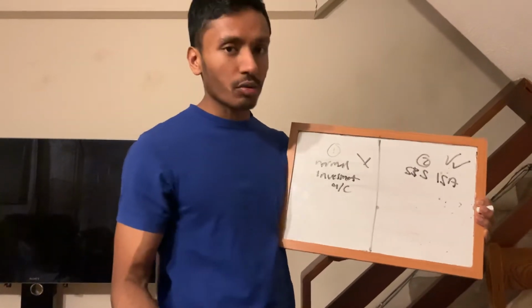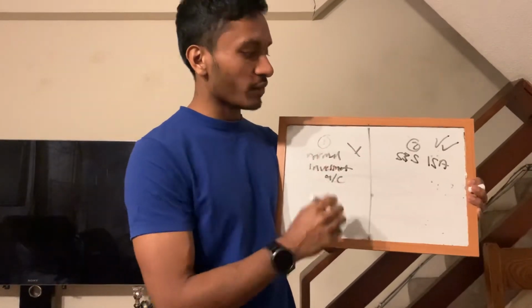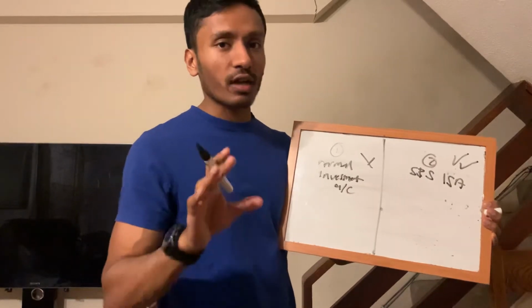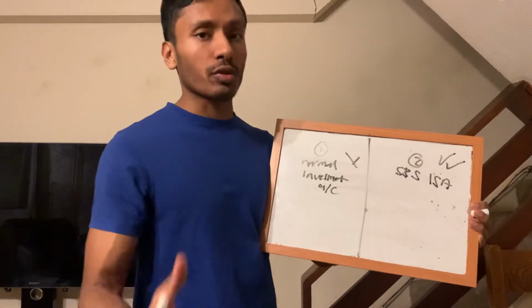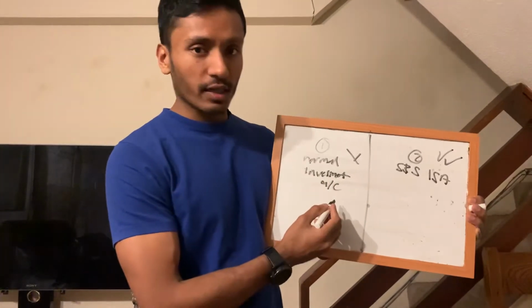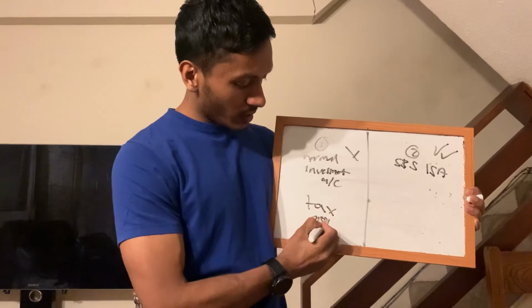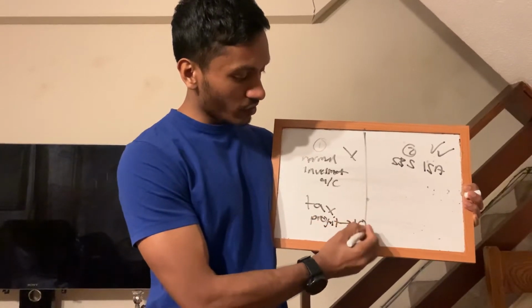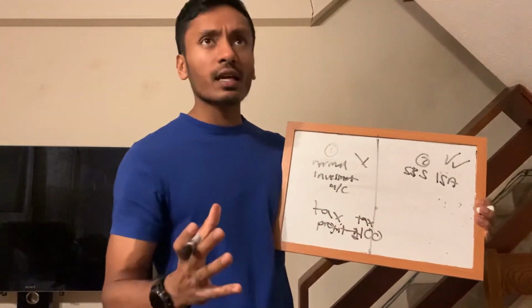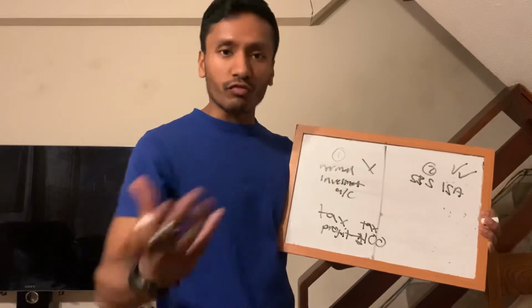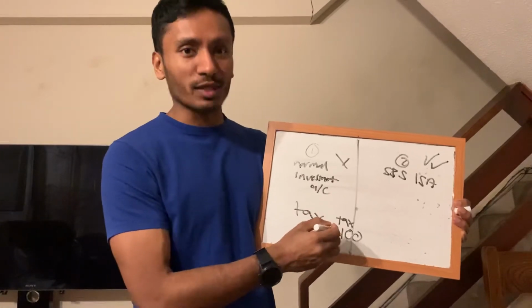And to give you an example, the best way to explain the point is to think about if you have £100 and you buy £100 of Vodafone shares, and at the end of the year, let's say the value of those shares is now 200. In a normal investment account, you will pay tax on the profit. So in this case, you would pay tax on 100. Now, whatever the percentage is, you'll pay that. And that's what we would say eats into your returns. So you make less profit from this investment because the government's going to tax you on that.